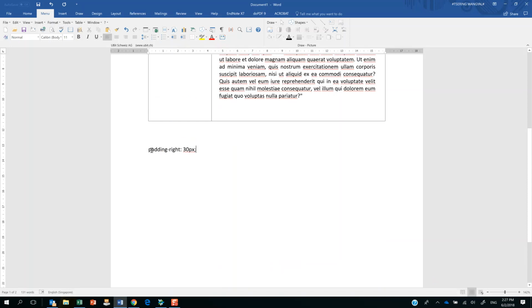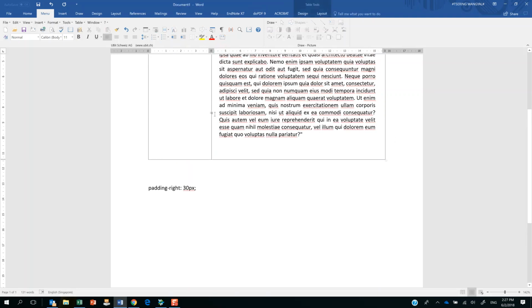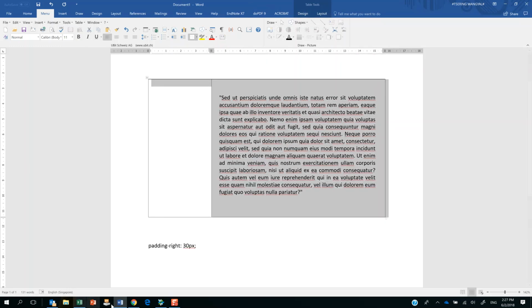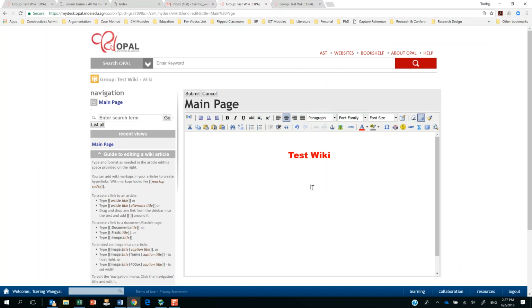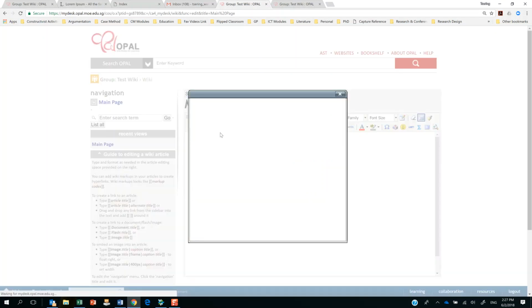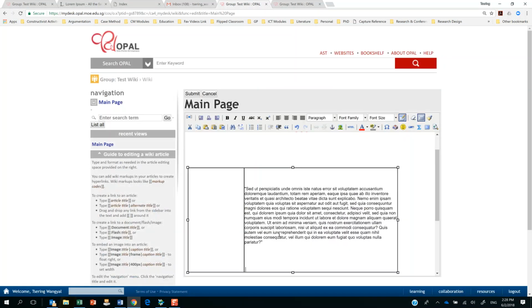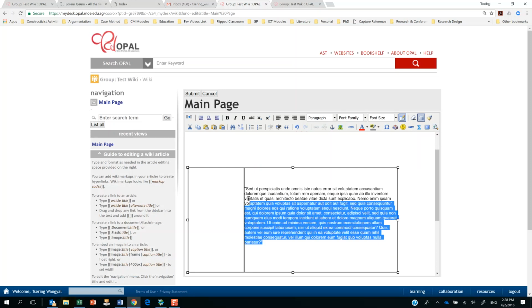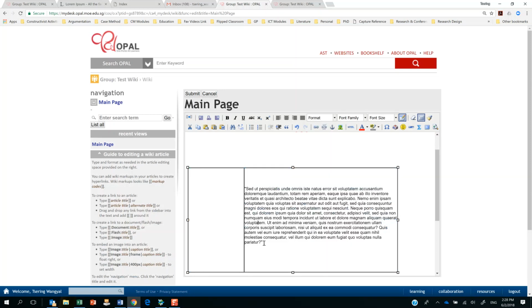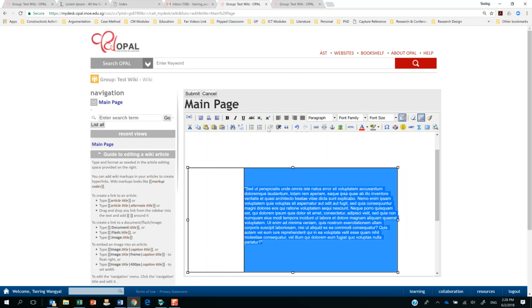Now what you can do also is here, just type in this short text, padding dash right colon space 30 px semicolon. Okay, just type it there, keep it there, and first thing you do is you copy the table that you have created just now. Okay, copy, and then you go back to your wiki on OPAL and select this paste from Word, and then you just paste it down there and just say insert, so it'll appear like this, don't worry. And then what you do is you select the text on this side, not the whole part, this side, and click